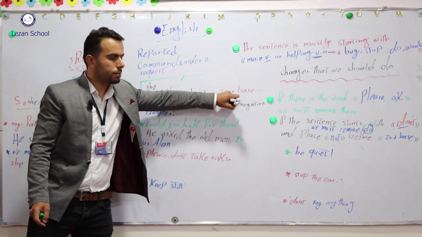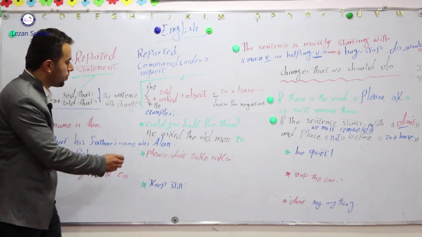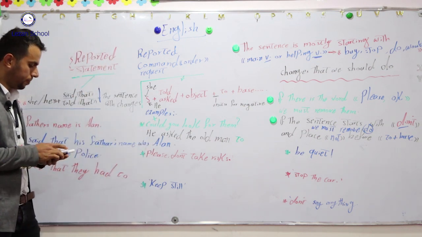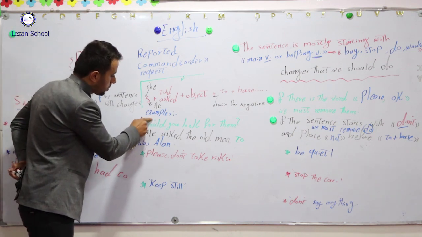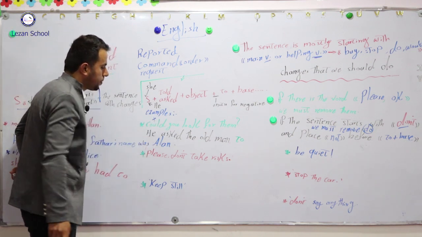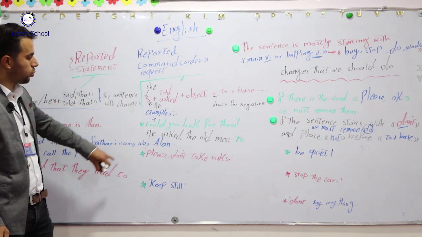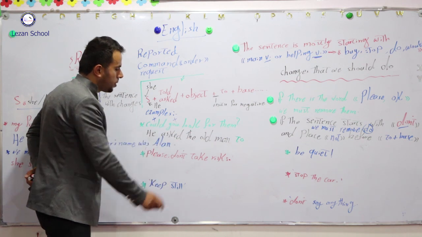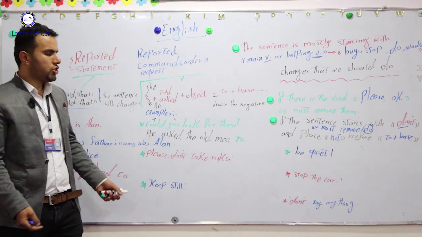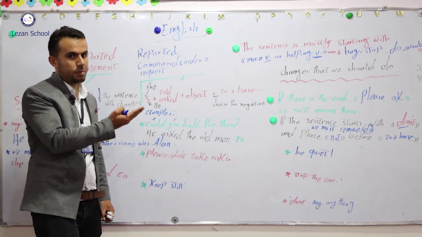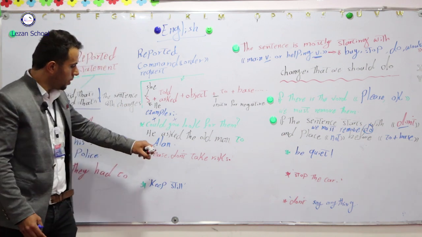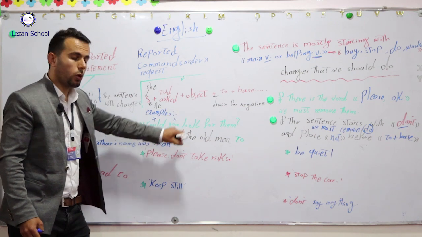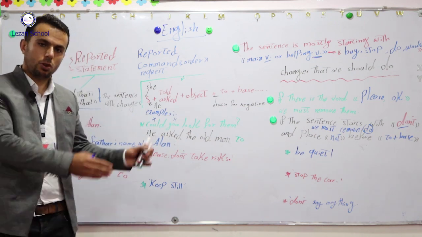And then we have to erase what? Could and you. We have to erase could and you. We can say we change you into an object. And then what? Verb. We will write down the sentence from the base